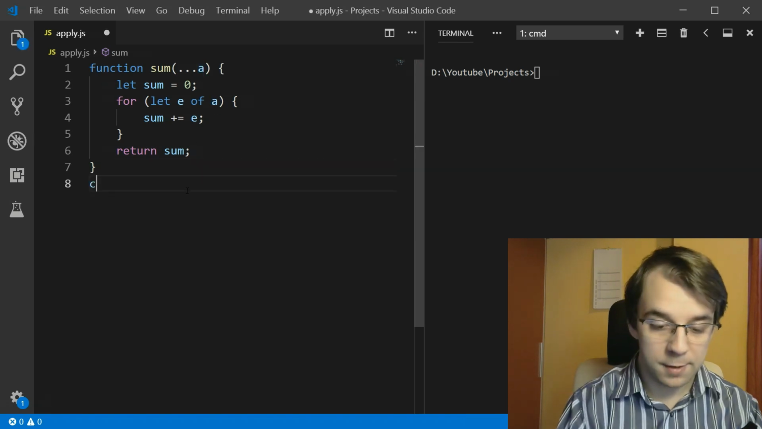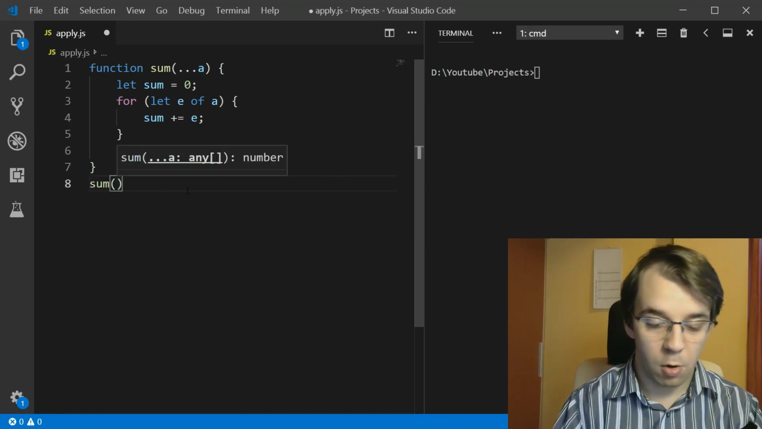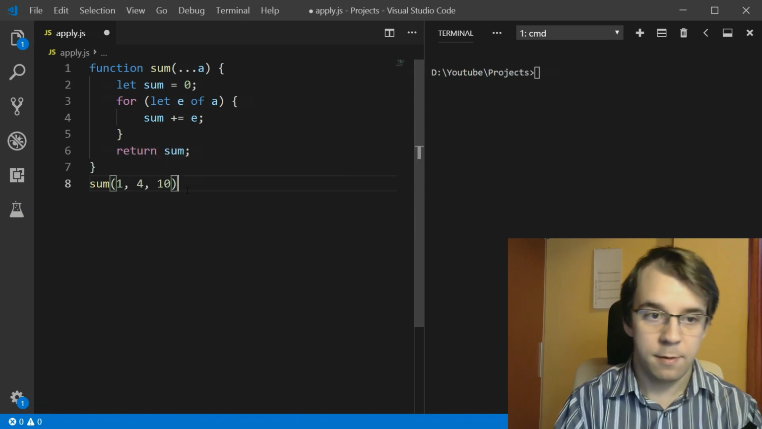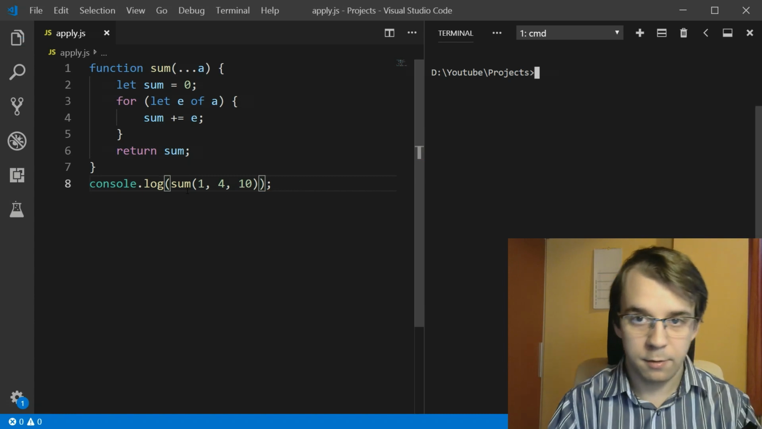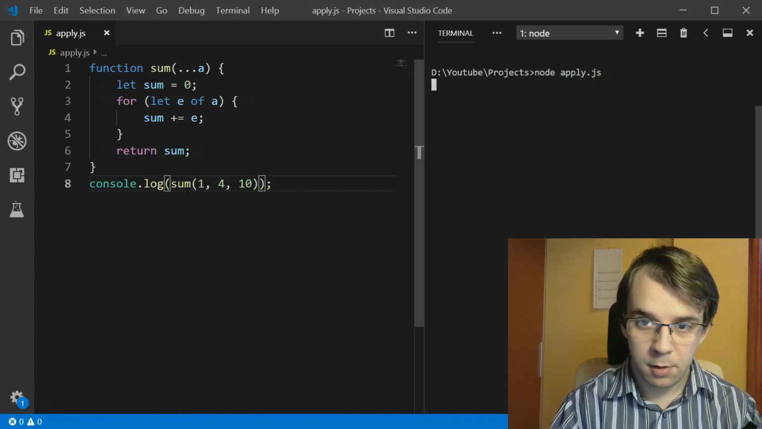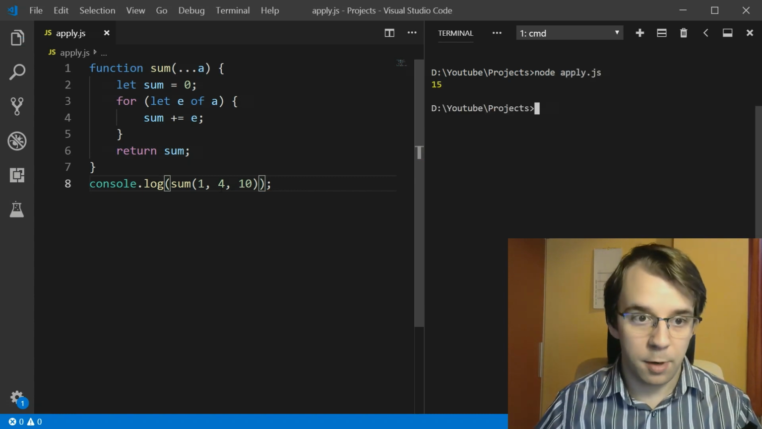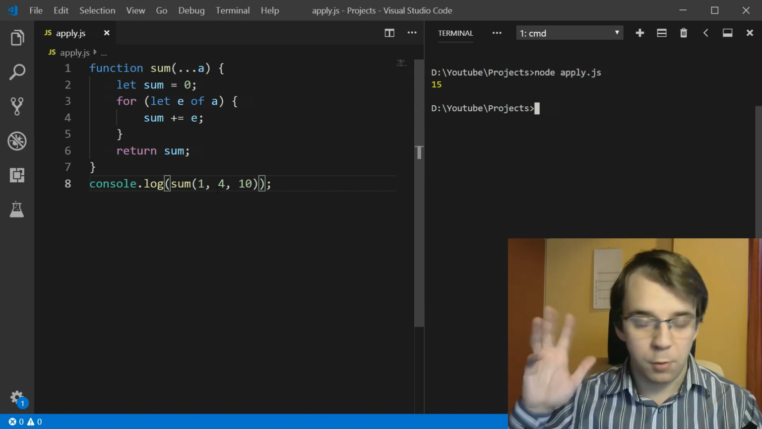So if I try to call this sum of, let's say, 1, 4, and 10, and console log the result, because otherwise we don't know what that is. And if I run this, you'll notice I get 15, because 1 plus 4 plus 10 is 15. So that works really nice. Now,